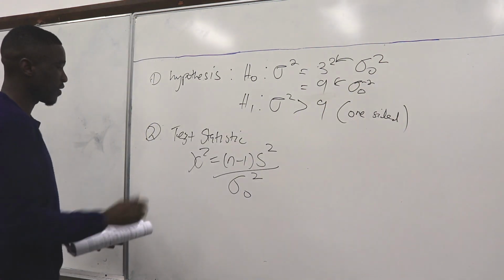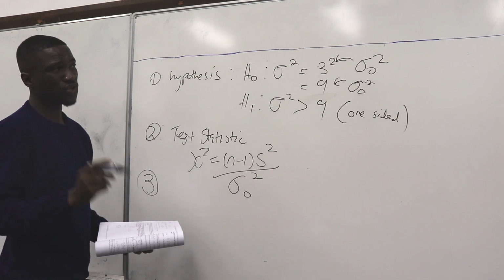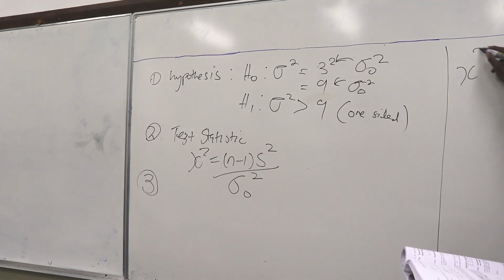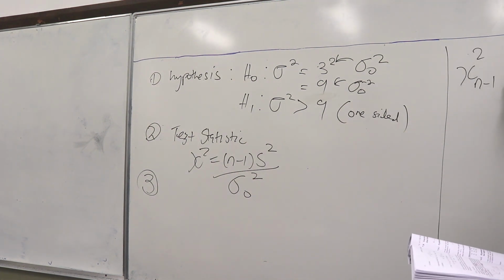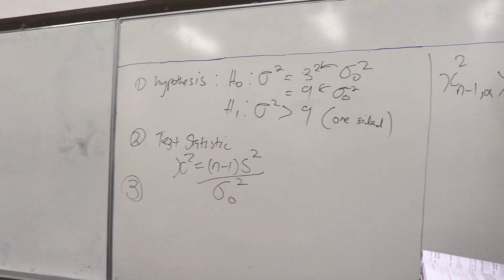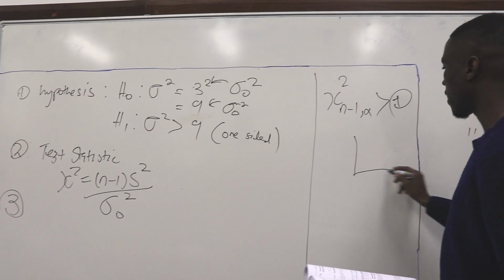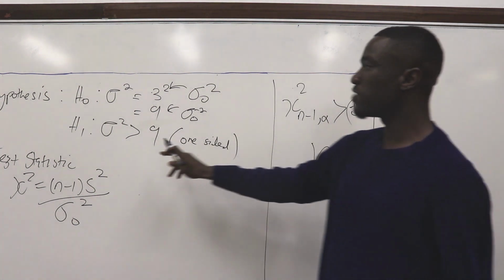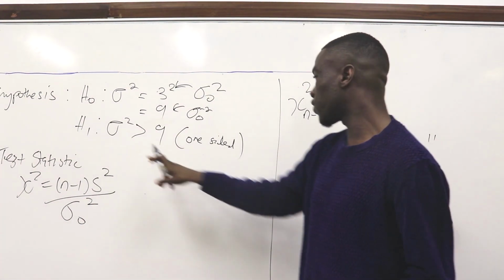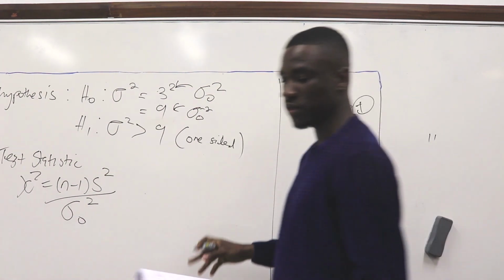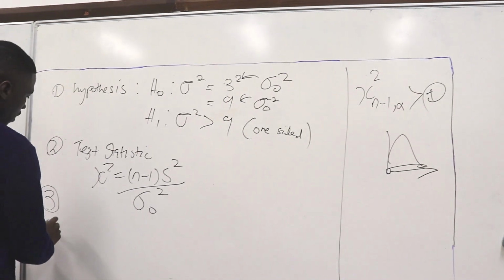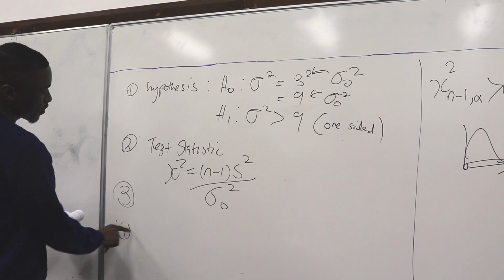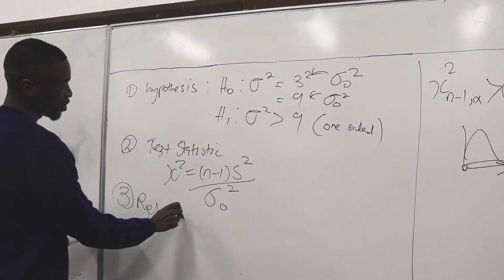So the third step that we have is our rejection region. One thing you need to remember before we go any further is that chi-squared is always positive. We're dealing with positive numbers, so on chi-squared we're dealing with anything from 0 going in this direction. It actually makes sense when you look at our alternative; it's already corresponding with the theory behind the distribution itself. So our step 3, sorry about that, we're going to be dealing with our rejection region,